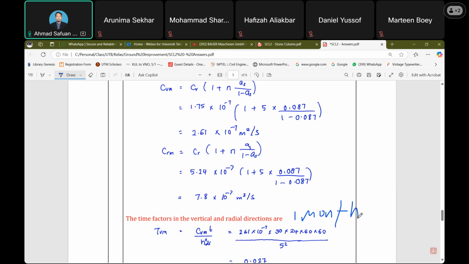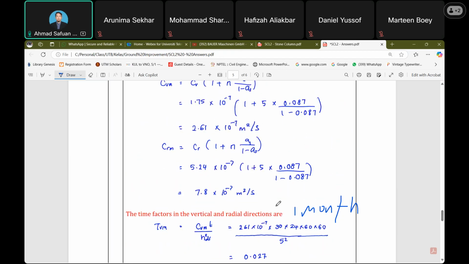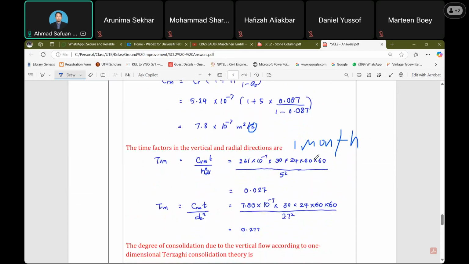So 1 month is 30 times 24 times 60 times 60, because this is in seconds. Okay, so we need to make sure that the unit is the same. So if the CRM is in seconds, then we need to get the time in seconds. Okay, so then we get TVM and TRM: 0.0727 and